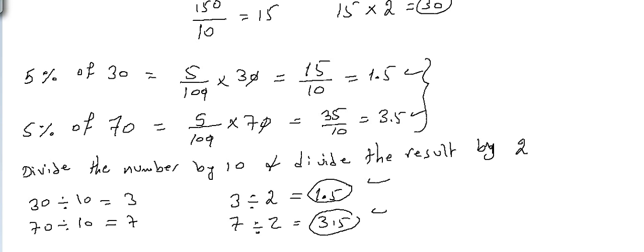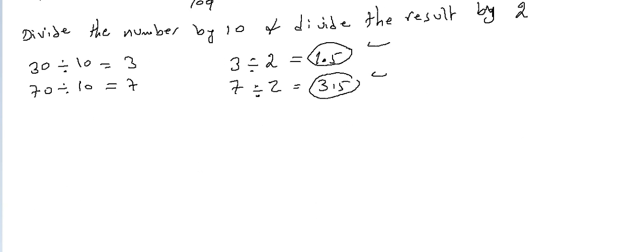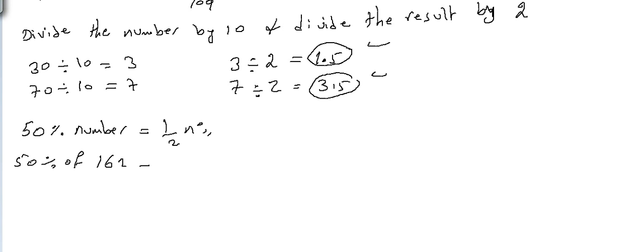We don't have time for 50%, I don't want to talk about it because 50% is easy. Let's see if I can. The video has just a few seconds. 50% of any number is half of this number, directly half of the number. Let's say I want to find 50% of 162. The answer will be 81 directly, because